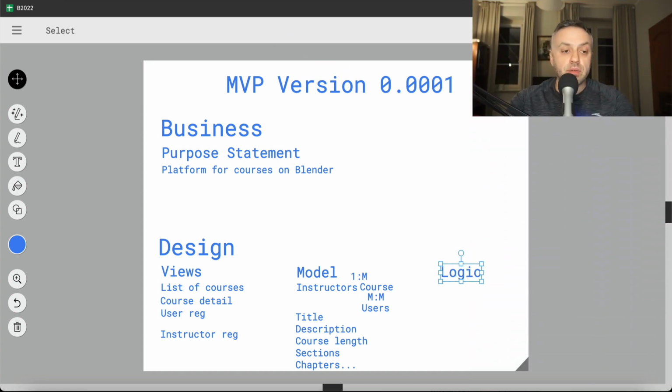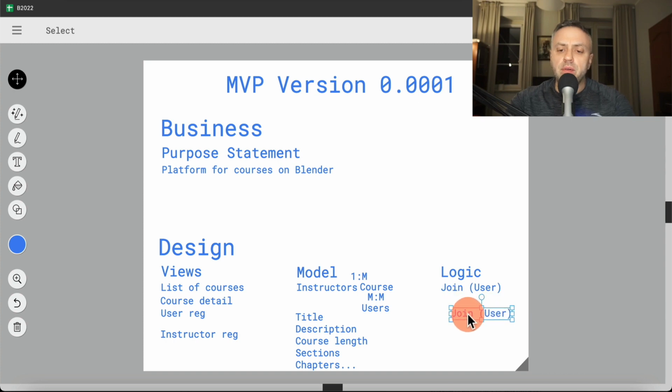What is the logic? Well, we're going to go in here, copy this, and do logic. The first logic is sign up, join, right? This is where the business starts. This is the logic where we're trying to get the user to create a new account, to be converted from a casual visitor to a paying customer, right? So this is going to be join, and we're going to say user, because it is connected to the users.